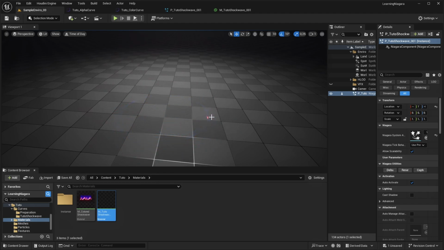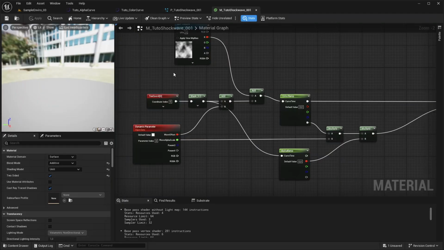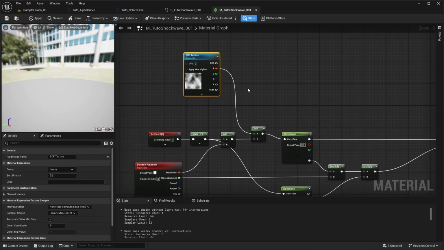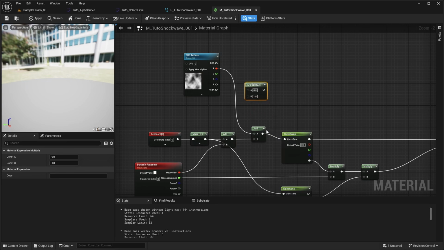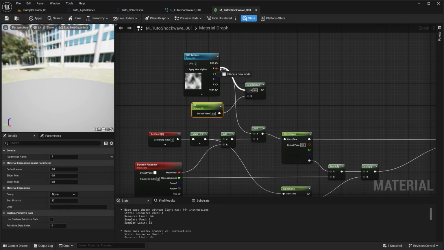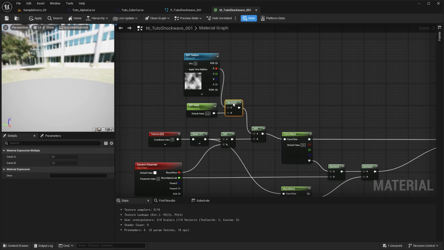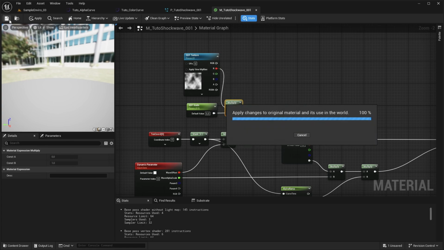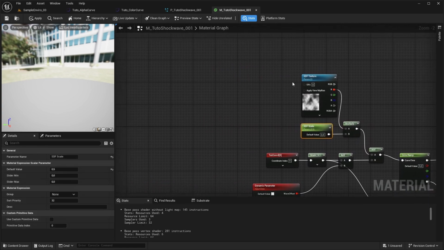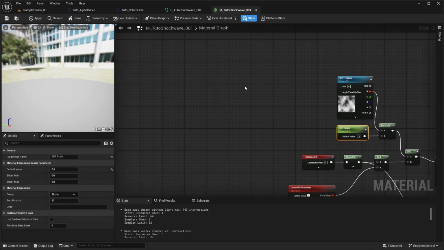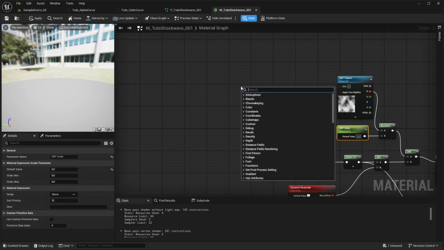We are missing control over the texture. So what I recommend is to add more nodes to control our SDF texture. The first one will be a parameter to promote on the multiply that will be called SDF scale. I will say maybe 0.5 as the default value, just like that. Apply, and then I will need to adjust the tiling and the offset of this texture.